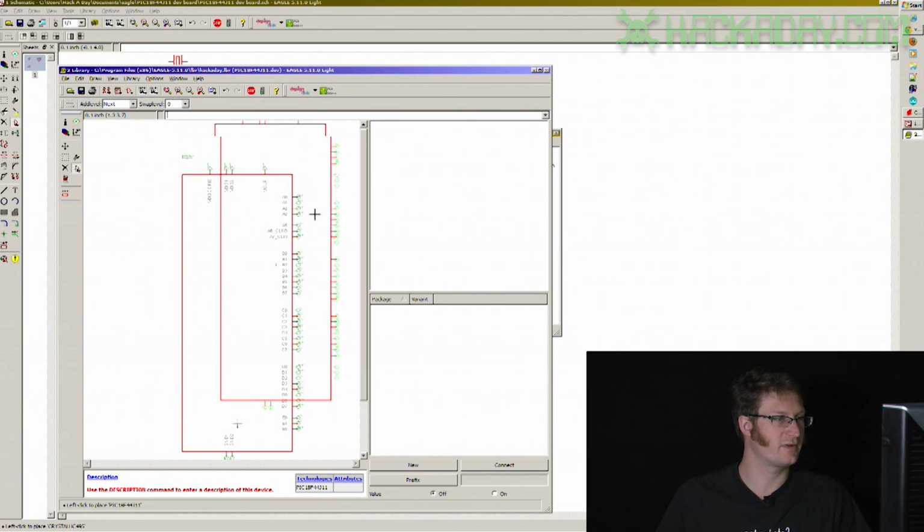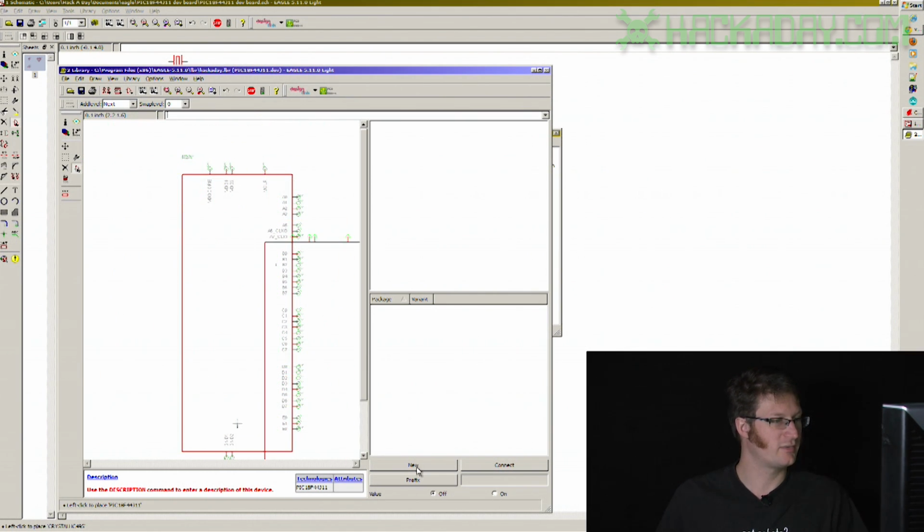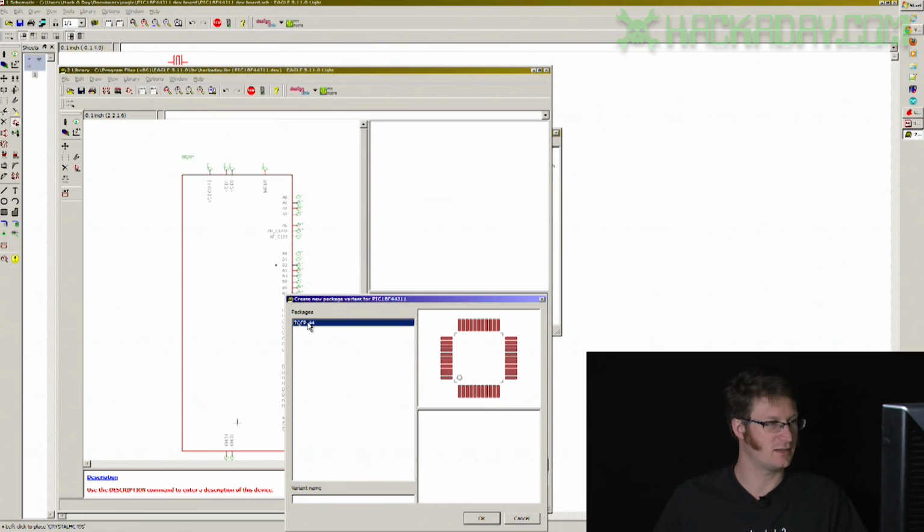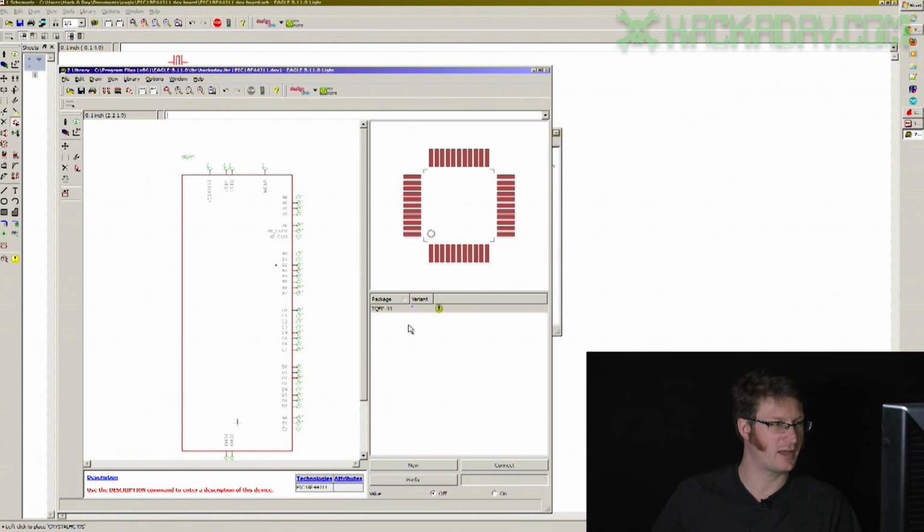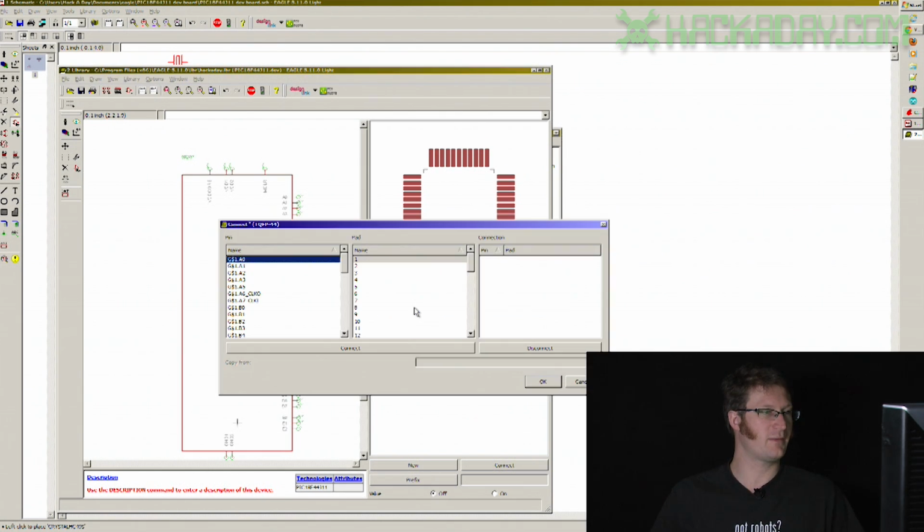Shows it to you here on this window, and I'm going to do a new package. I only have one package in my library at the moment, and that's the TQFP44. So we're going to add that. Now something to note is that you may want to label what this variant is called